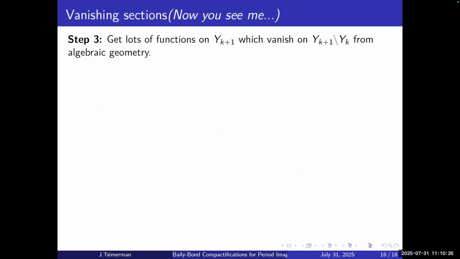Okay. So finally, step 3, how do you get the remaining functions? Because we have enough functions to give coordinates on the boundary, but that's not enough. We need enough functions to also give coordinates on the whole local ring. And so now we're going to add a bunch of functions on the interior, which vanish on the boundary, which